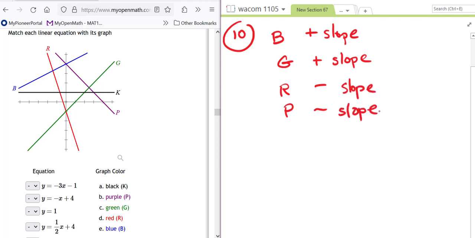For your special cases, vertical or horizontal, a horizontal line has a 0 slope. A vertical line, which we don't have on here, straight up and down, is an undefined slope. So that's your 4 cases. All right, so